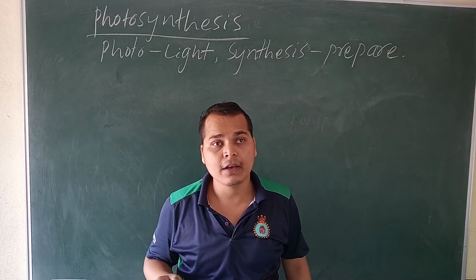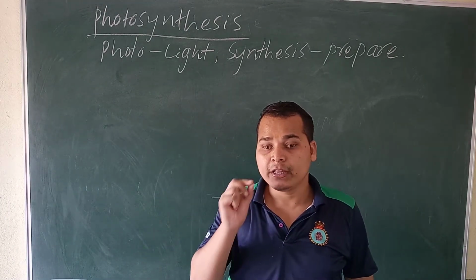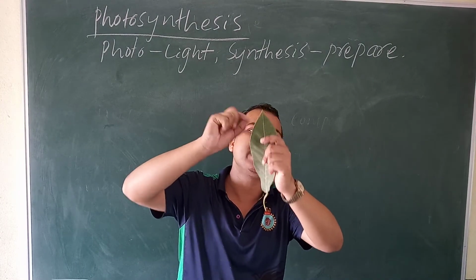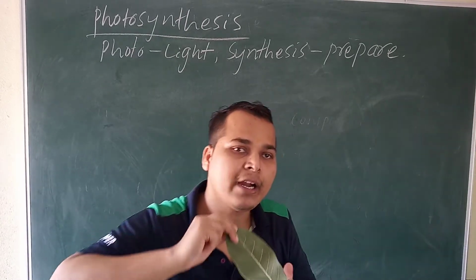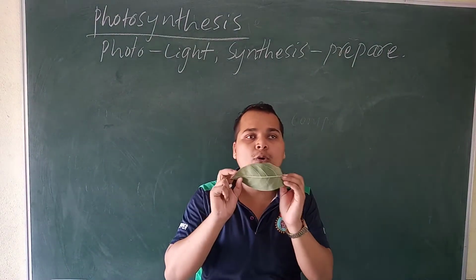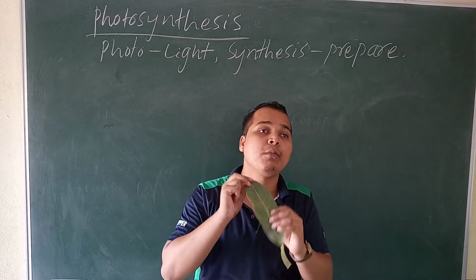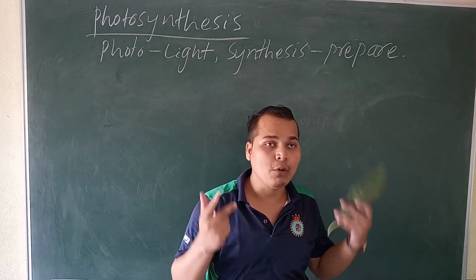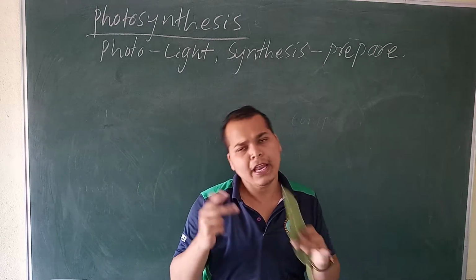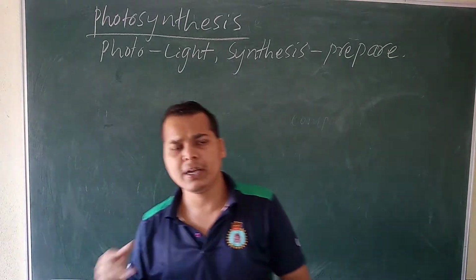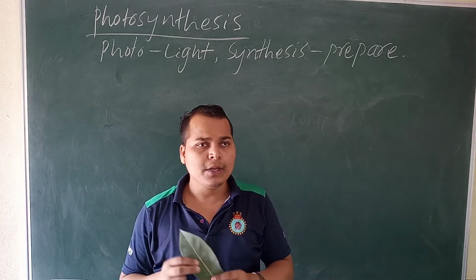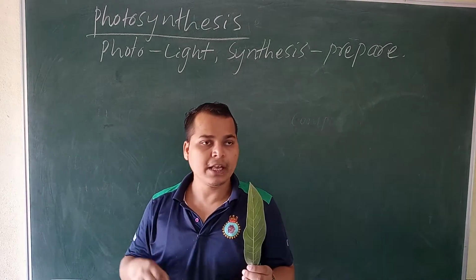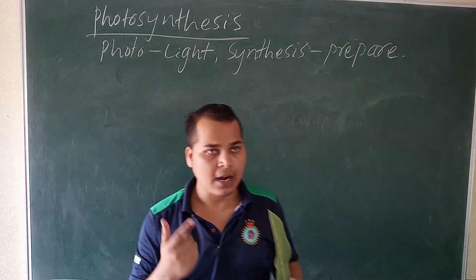Because the leaves of the plant have a green pigment. In all the leaves, green pigment is there. This green pigment is called chlorophyll. This chlorophyll helps in the preparation of food. We human beings don't have chlorophyll, that's why we cannot prepare our food. We depend upon the plant. Animals are the same, they don't have chlorophyll, that's why they depend on plants for food. That's why plants are called autotrophs. Auto means self, they prepare their own food. We depend upon the plant for our food.